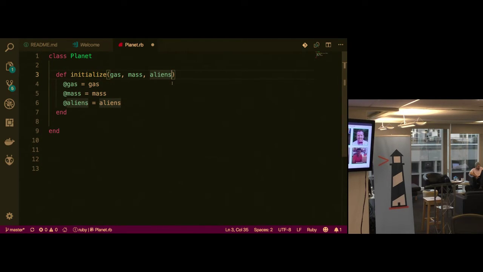So it could be aliens or life or something else that rhymes. What should aliens default to though? An integer or a boolean? Really? Not an integer? Okay, whatever. So false, but also maybe life will also be aliens just to confuse people.